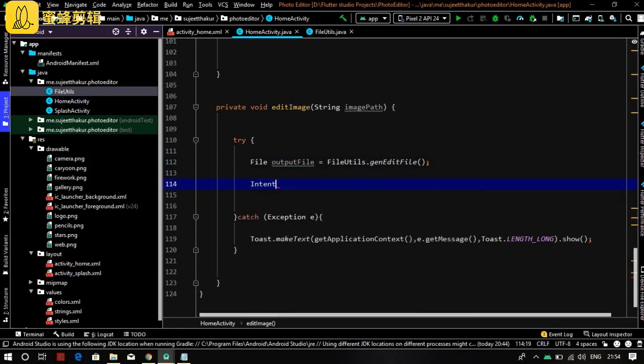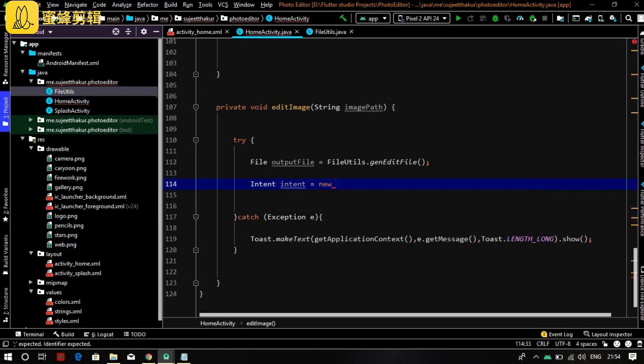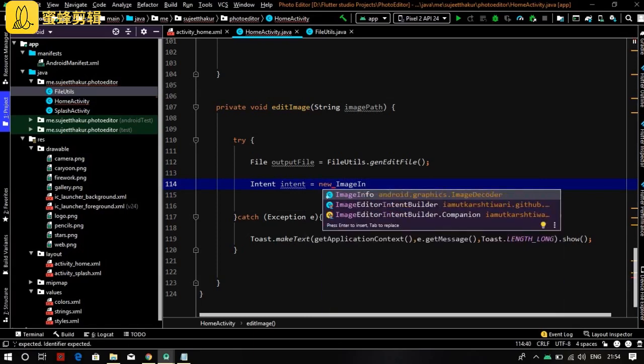Now write Intent intent equals new ImageEditor builder.